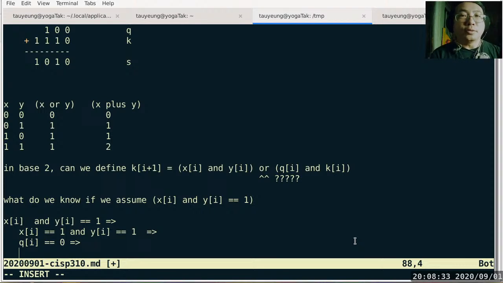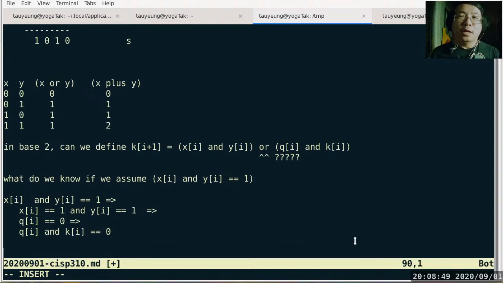It's going to be false. Exactly, because if at least one side of a conjunction is false, the entire conjunction is false. So we know that xi and yi is also a 0. Ooh, this is nice, right? So we have solved 1/2 of the case, okay? Because now what we have done is we have just, using logic, proven that when